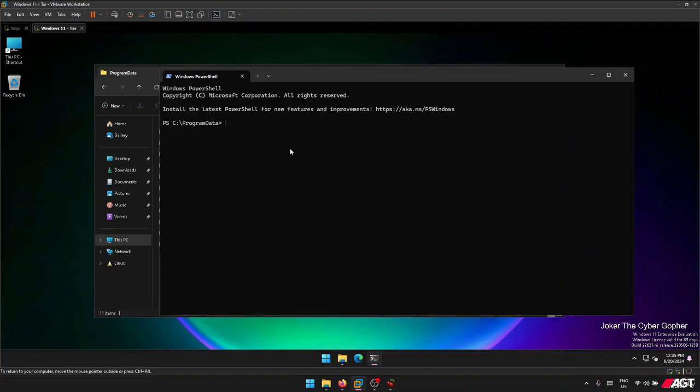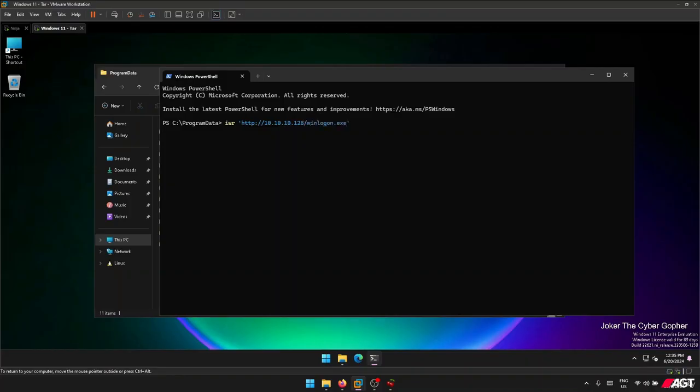Wonderful. What we can do is IWR, which is Invoke-WebRequest. Then we put two double quotes, say HTTP, our IP address, and